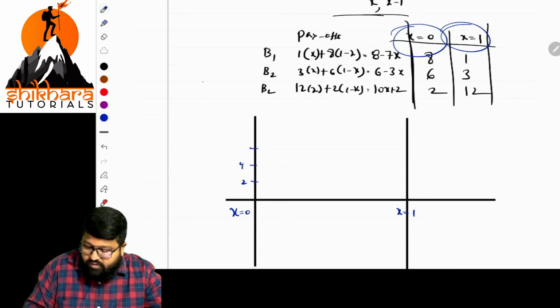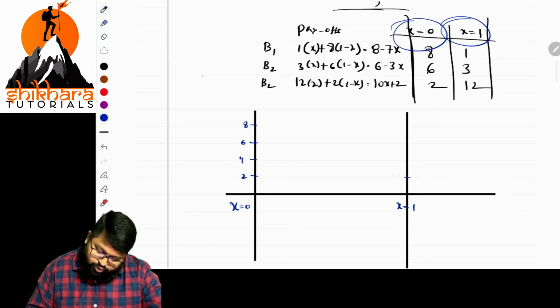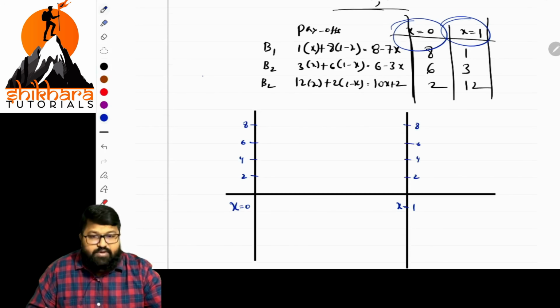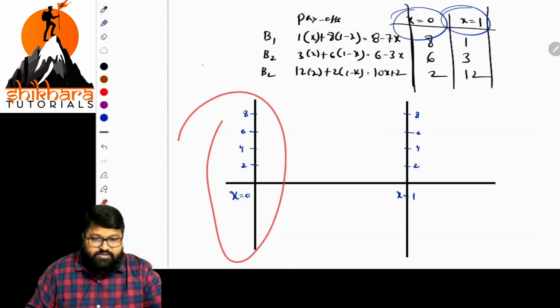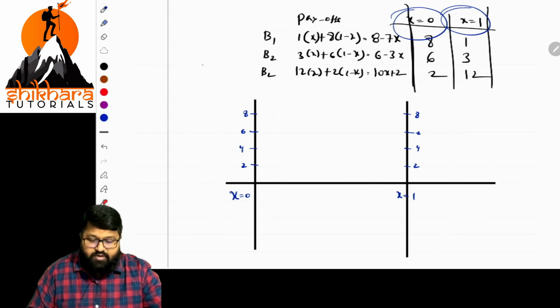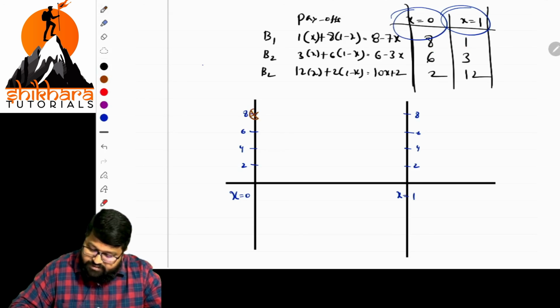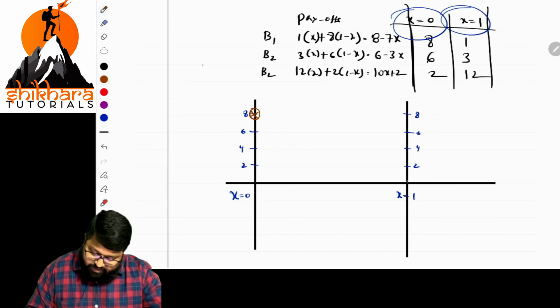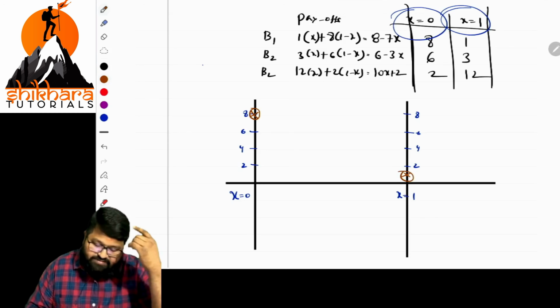So let us take some axis basically. 2, 4, 6, 8. Any negative value given there? No, no negative value. 2, 4, 6, 8. Sir, x equal to 0 is plotted on this point, and x equal to 1 is being plotted at this point. Now we will have to plot 8, 1. Sir, 8 point. What is 8 point there, ma? Here it is 8 point. Okay, and regarding 1, it is somewhere here. Clear?